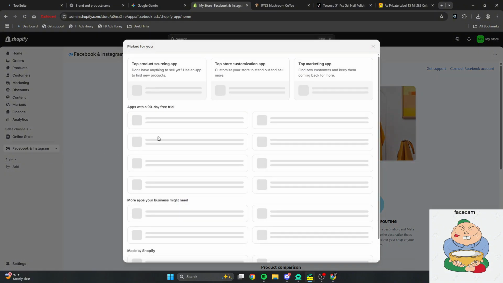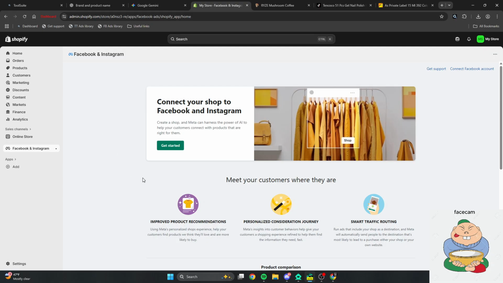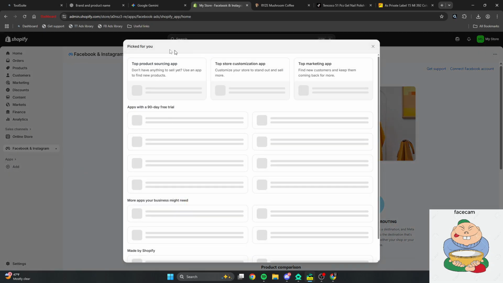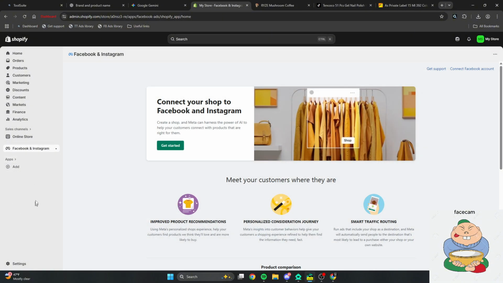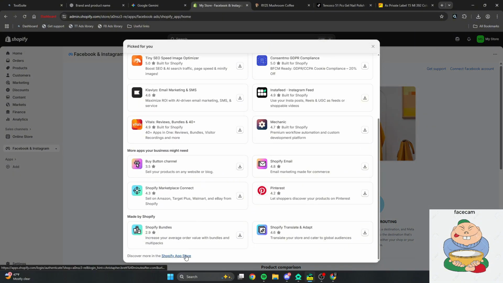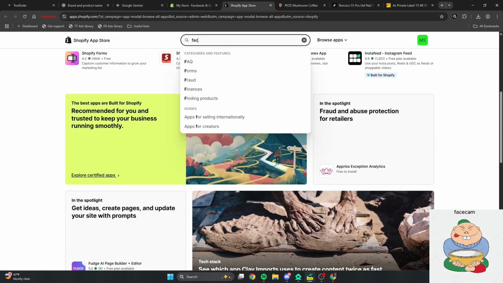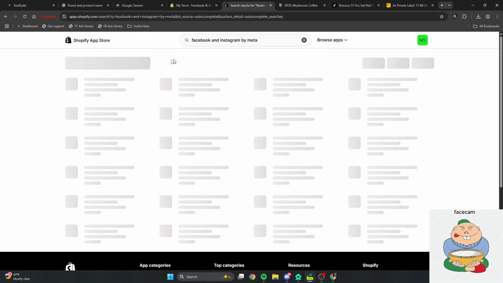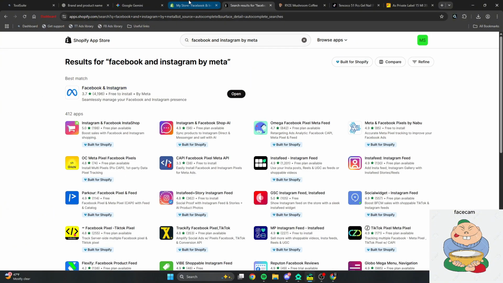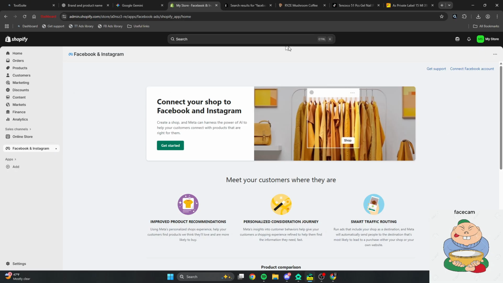The next thing you guys are going to want to do, and this is the most important part regarding your ads, is install the Facebook and Instagram app on the Shopify store. So you just click apps, click add, scroll down to the Shopify app store, and then you're going to find Facebook, just type it, and then right there, Facebook and Instagram, and then you install it. Basically, this is what connects all of the data sets from your pixel, and this is basically how Shopify is going to know and how Facebook's going to know where to push your content to people and how it's going to collect all its data.